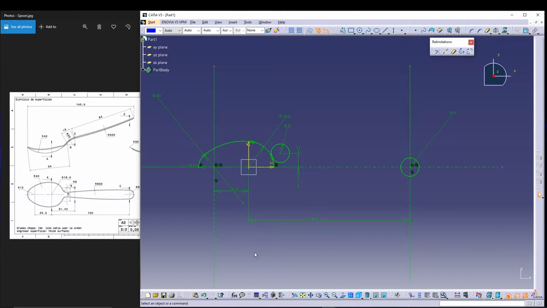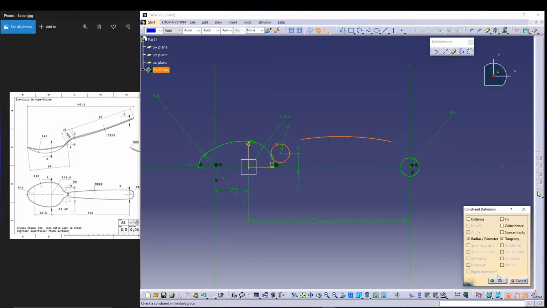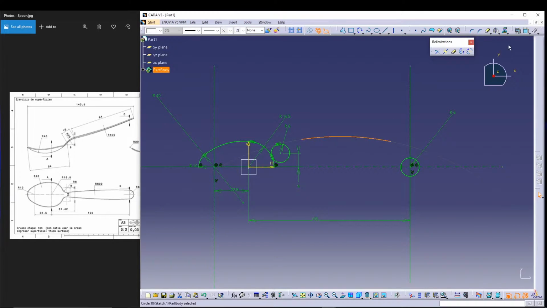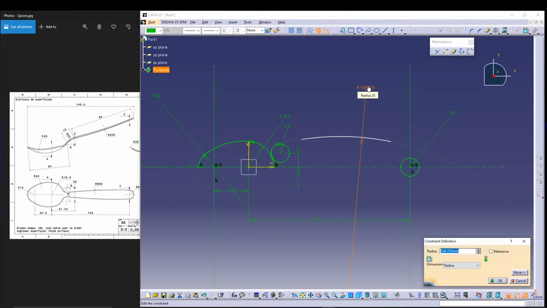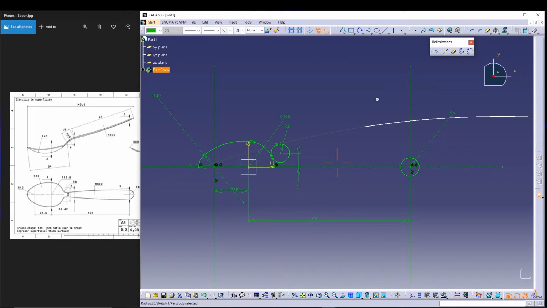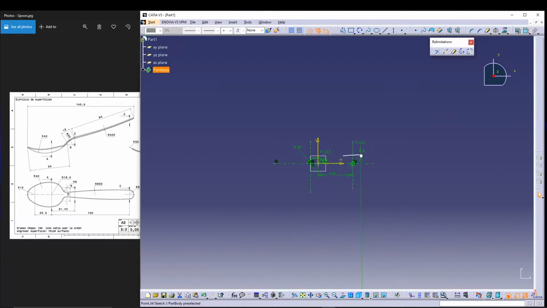tangent. Then we have to do the final arc which is of 600 radius. So let's go for arc definition: 1, 2, 3. Now this should be tangent to this one, so let's go for tangency. This should be of radius 600. In case it is big, you can always reduce its size,